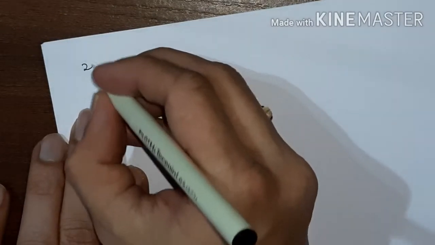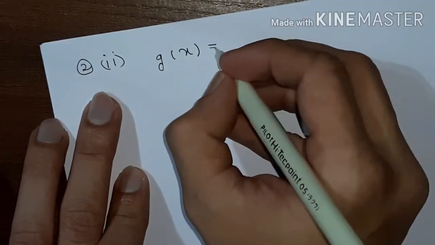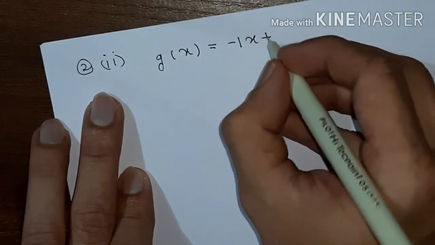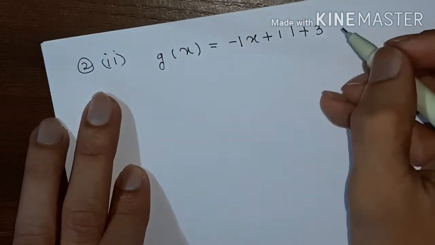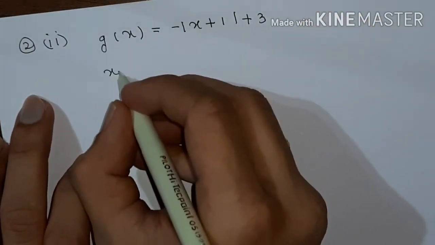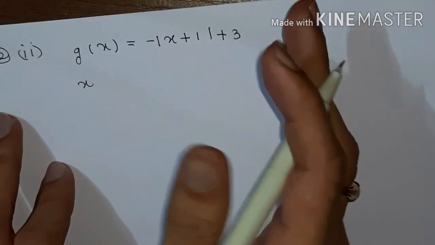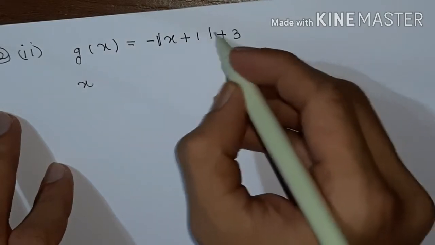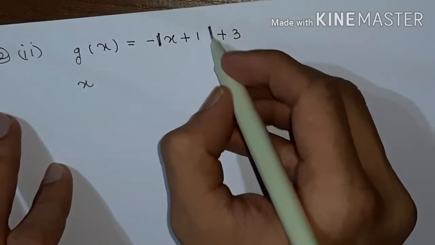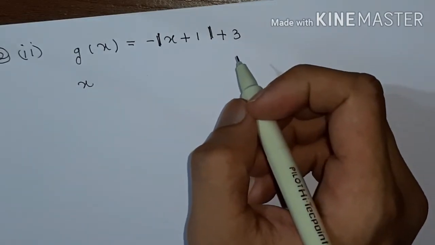Now let us go to the second one. So g(x) is given as what? Minus of modulus of x minus 1, plus 3. Okay, so now if you look at this, we have to plot the graph here. Okay, there is no other method. If trial and error works, that is well and good, but we can plot the graph here. That will also be easier to observe.